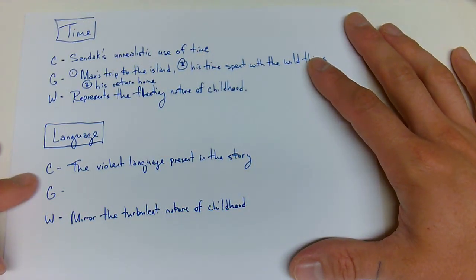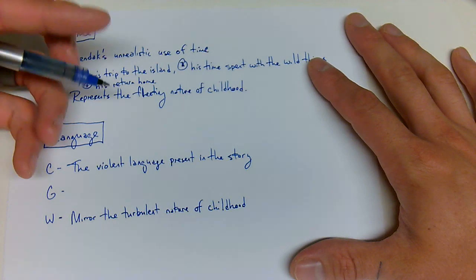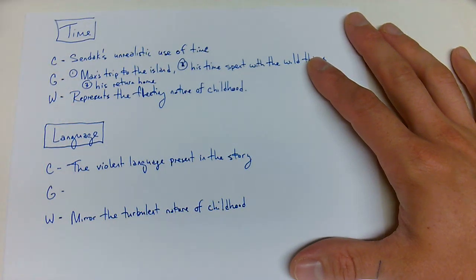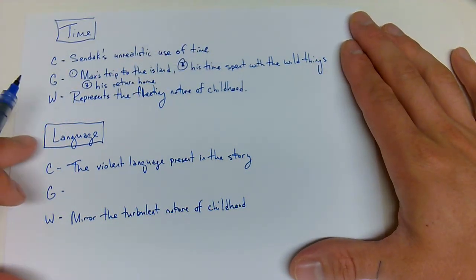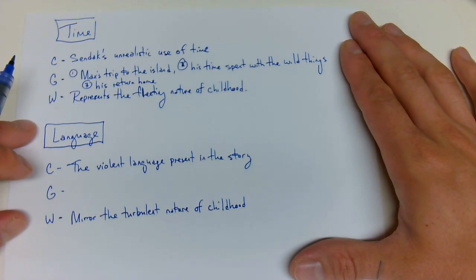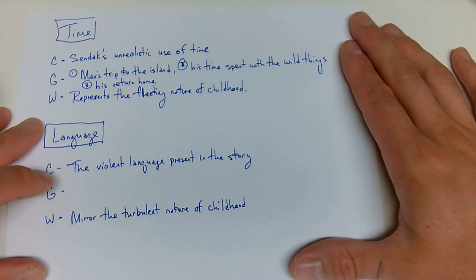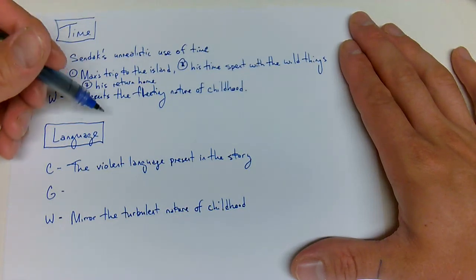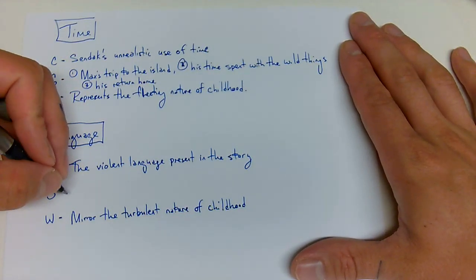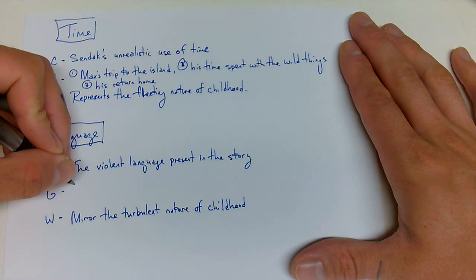Cool. Okay, so when do we see this violent language? Well, I'm going to stick with this when, because that's something that I feel comfortable with doing. And I would recommend for you guys, if a story is told in chronological time, you should use when. But that being said, for the Sneetches and the Lorax, who, what, and where might be better as well. So leave yourself open. But I'm going to stick with when, and I'm going to say